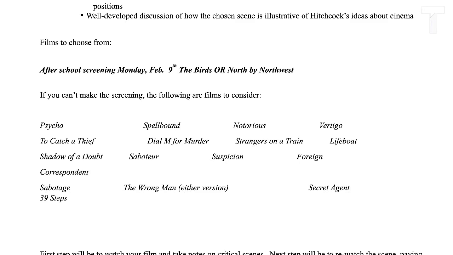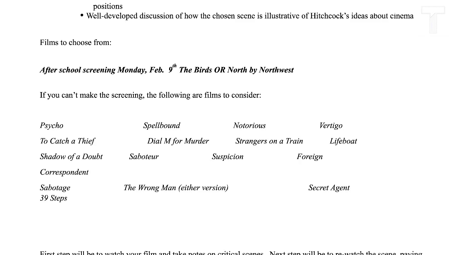Spellbound is a great film about a mental ward, starring Gregory Peck and Ingrid Bergman. Notorious is my favorite Hitchcock film starring Cary Grant and Ingrid Bergman. Vertigo is another classic, and for those of you taking not psychoanalysis, but introduction to psychology, you'd find that very interesting and probably could apply a lot of what you're learning in that course to that film. And, well, with most Hitchcocks, you can apply the psychology because he's very interested in it.